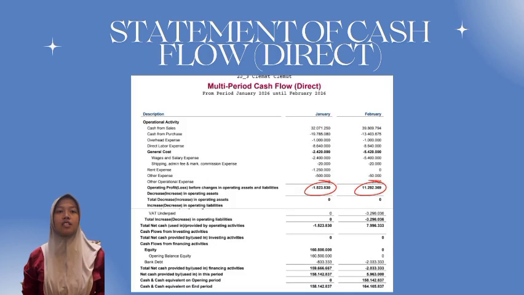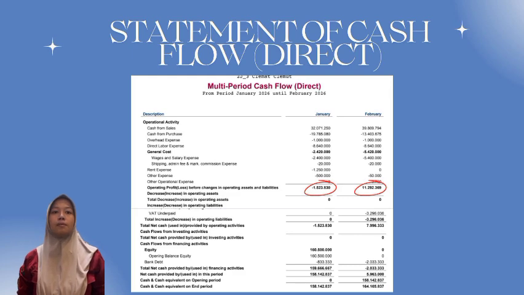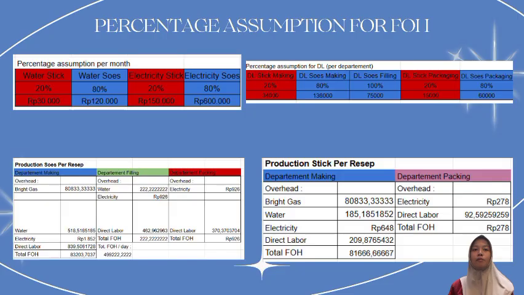From the direct method, operating profit in February was 11 million. It is a sharp increase from January, which was still at negative 1.5 million. The large difference between January and February is understandable, as January had many initial business expenses that weren't yet matched by sufficient sales. By February, sales picked up and cash flow improved accordingly. And then we move to the COGS calculation and reflection.